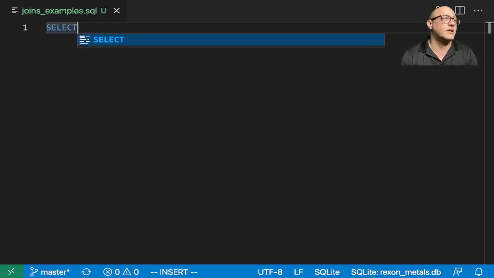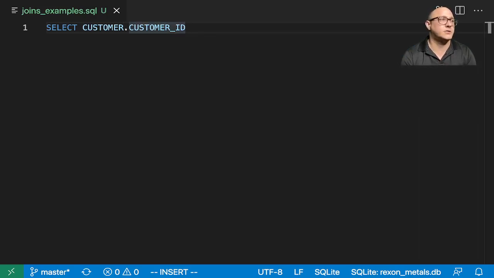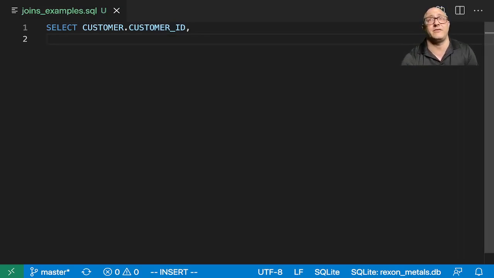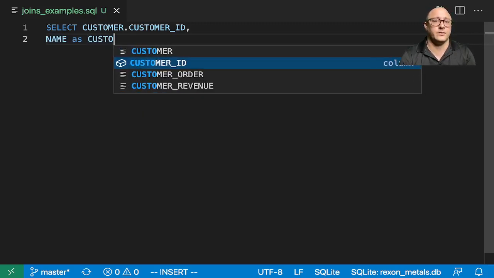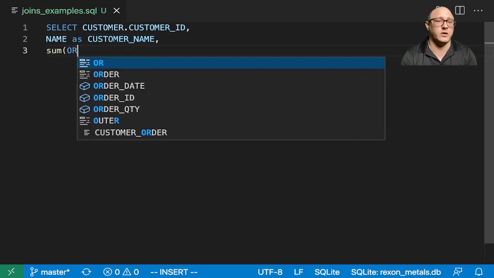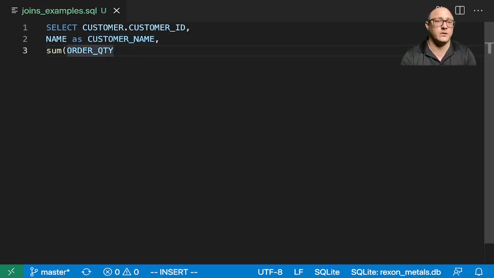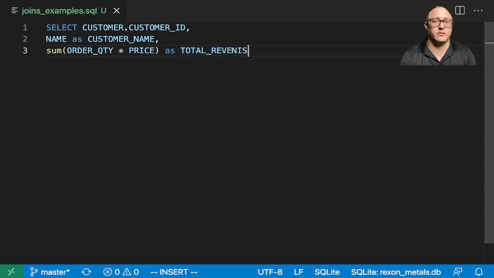But let's do select our customer ID. So for example, maybe you want to know who to send gifts to at the end of each quarter, saying that they're good customers. So name as customer name. So we'll do sum here on the order quantity multiplied by price as total revenue from